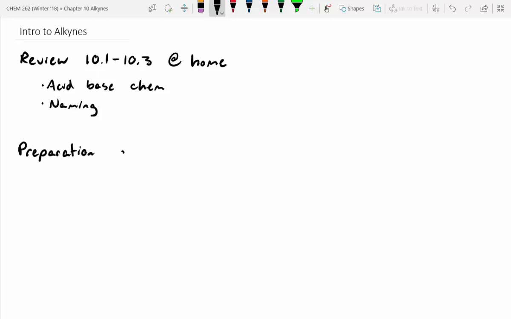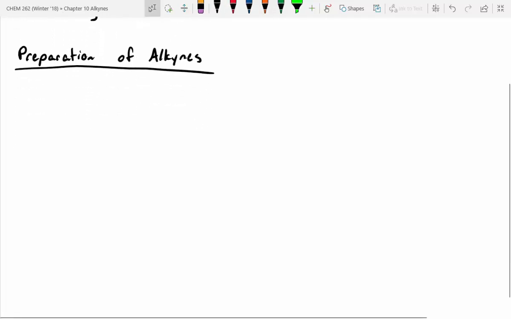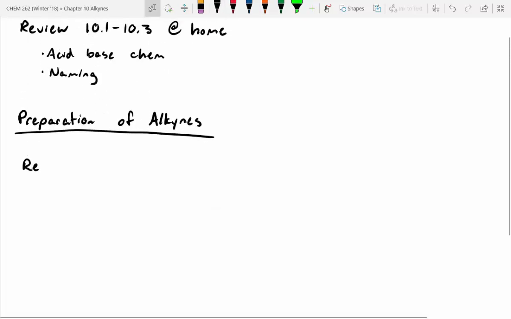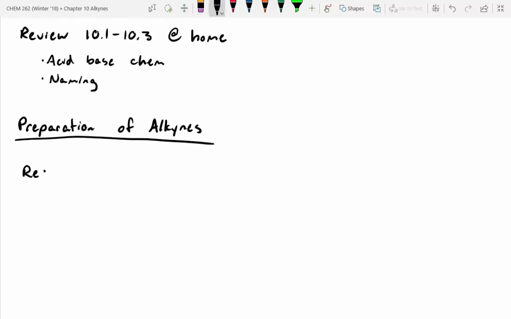So preparation of alkynes. It's pretty similar to preparation of alkenes, but one extra step. So let's briefly review alkene preparation. Sorry. So how did we prepare alkenes in the last chapter? So let's say I've got this compound